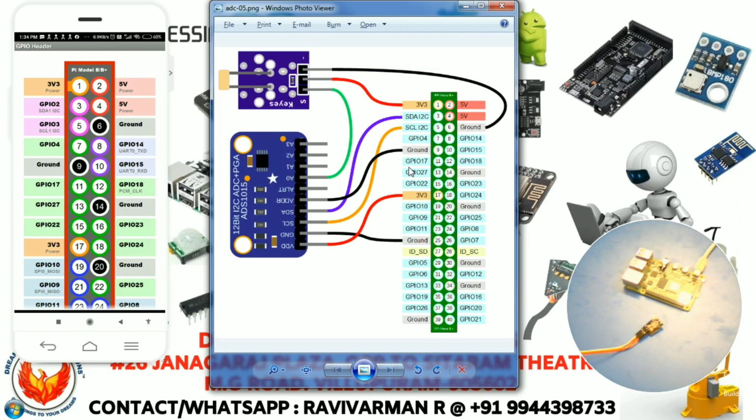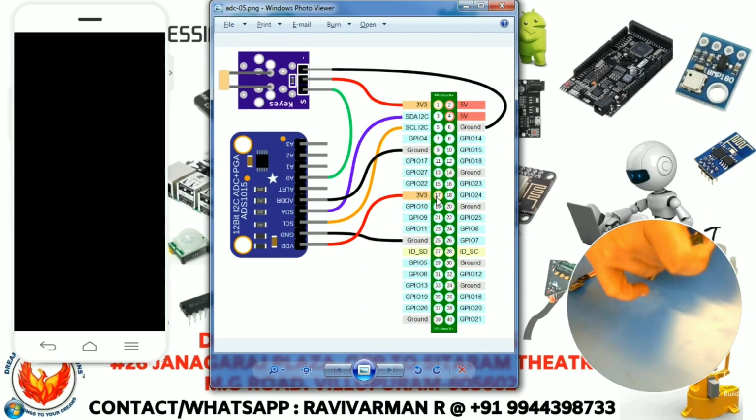So I am just going to connect the things. On the ADC board we are going to use VCC and ground. VCC is connected to 3.3 volts, and ground is connected to the ground pin of the Raspberry Pi. SCL and SDA are connected for serial data, and we have one more connection called address, and the A0 connection goes to the sensor. These are all the things we are going to connect.